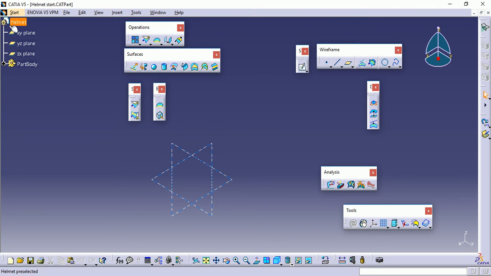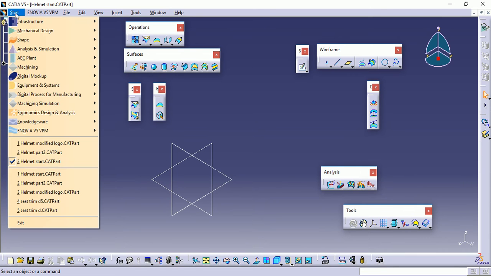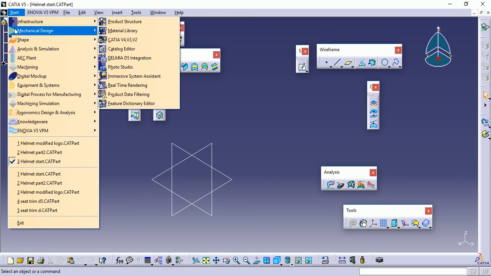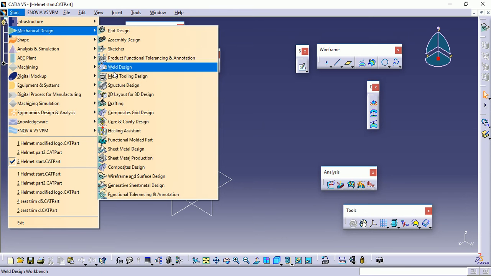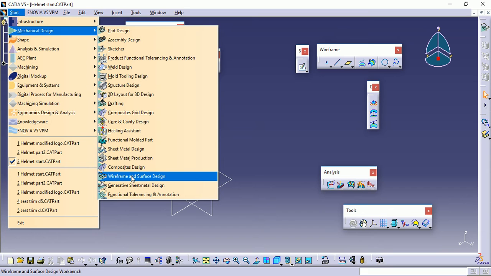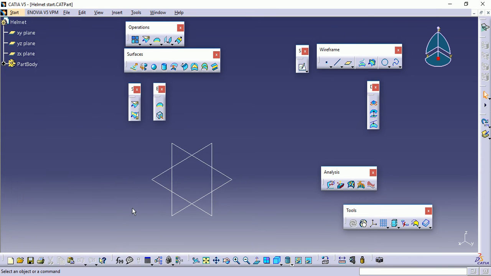In CATIA, we have different environments to develop different kinds of designs. In this example, we will be using the wireframe and surface design environment to develop the model of the helmet.